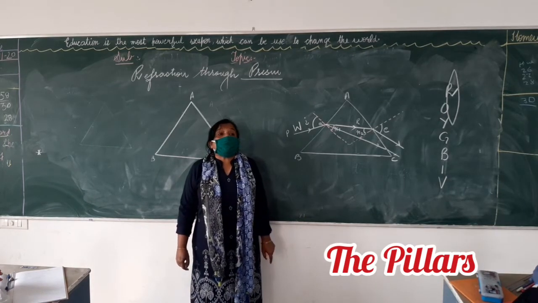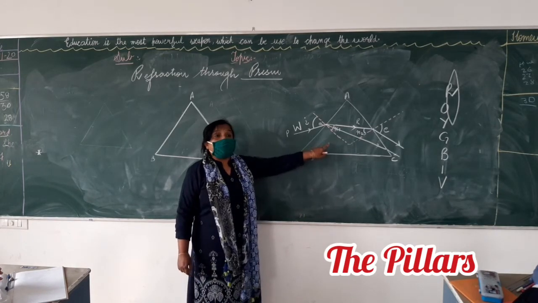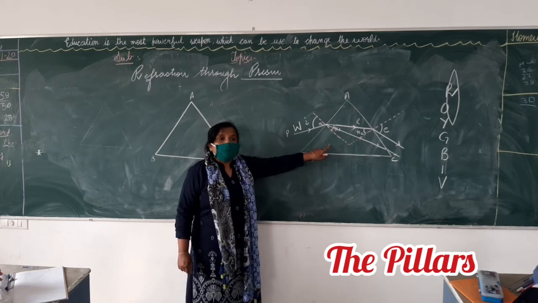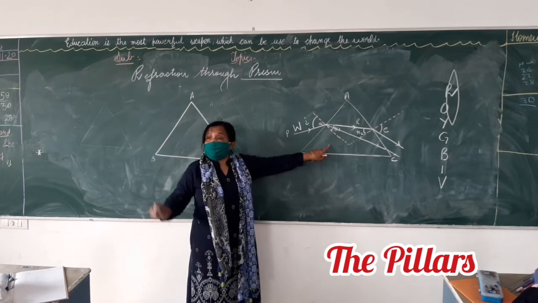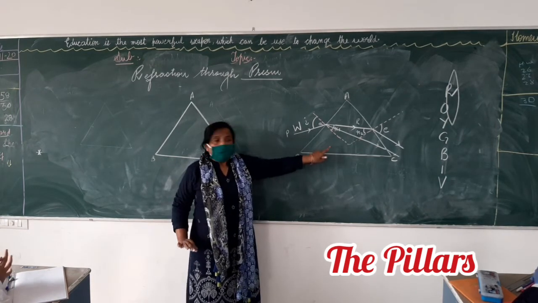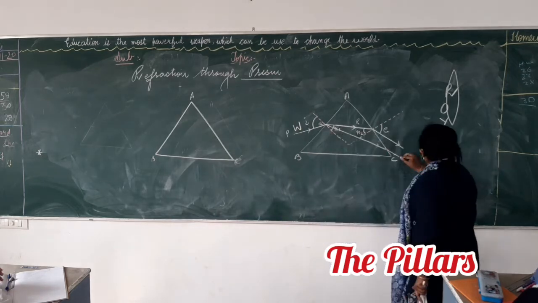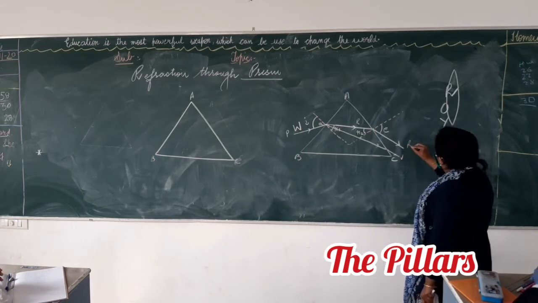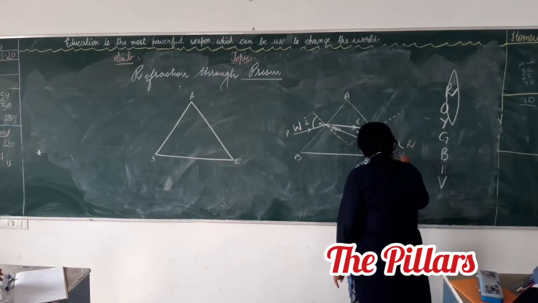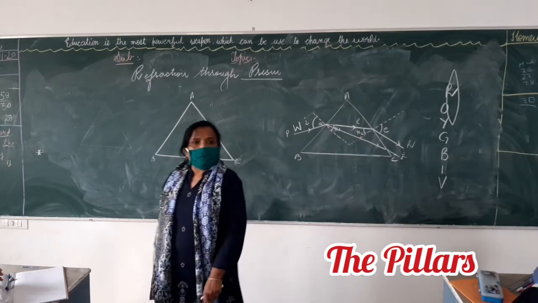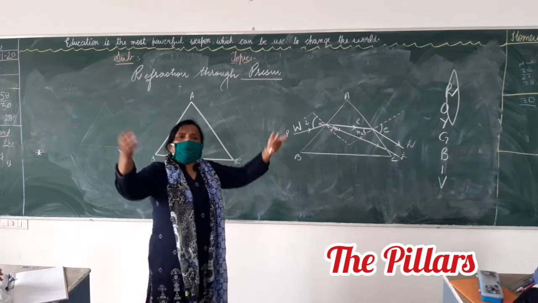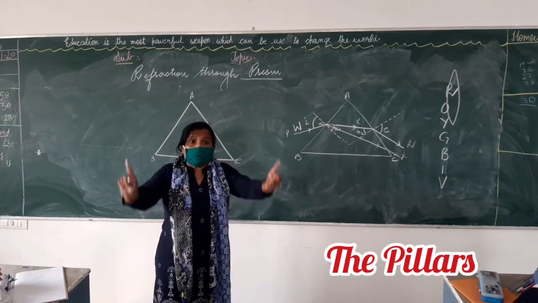The refractive index of the material of the prism. It is made up of glass? Yes, ma'am. Please pay attention here. Look here. You have 7 colors here. This is violet, and on the top you have red. In between you have intermediate colors. Why is red on the top and violet at the bottom? I am telling you the reason why.